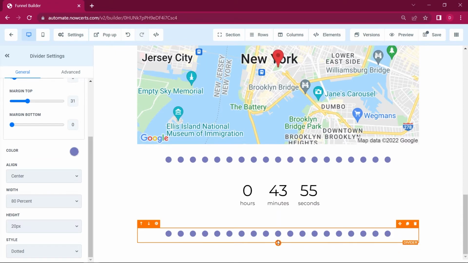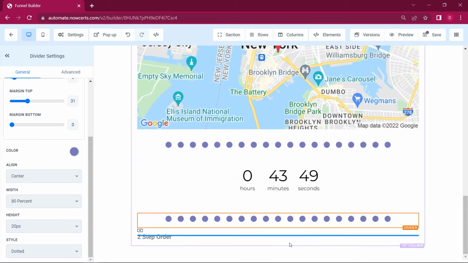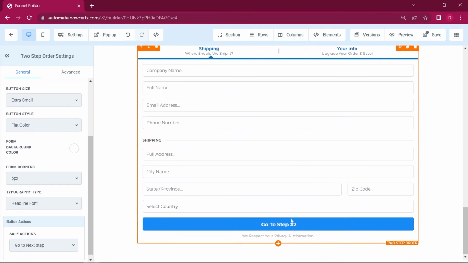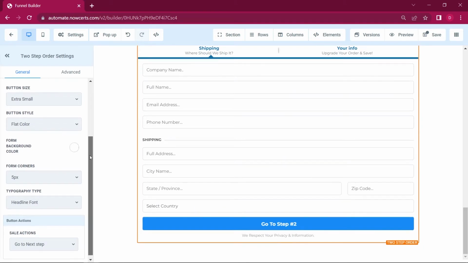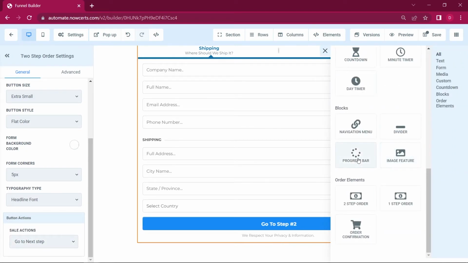Now we can add our next element. Now let's add a two-step order element right under here. And as you can see on the left-hand side menu, right at the very bottom, it is set to default to go to the next step. You can tell it to go to a URL address, or you can select a step in case you have more than two. Now under it, we can add a progress bar